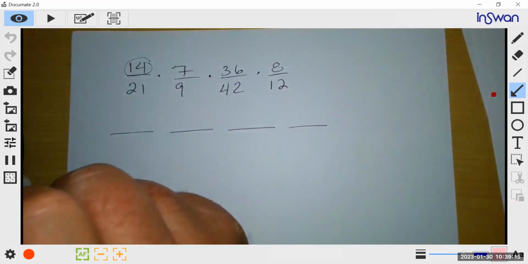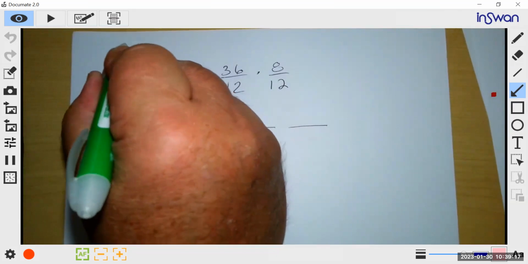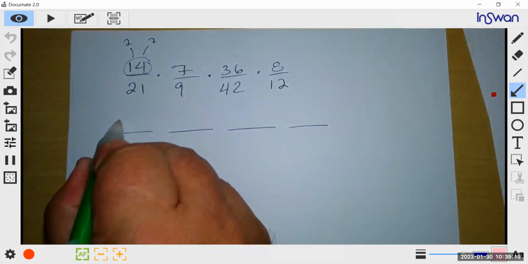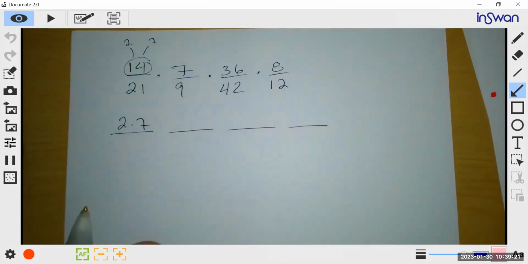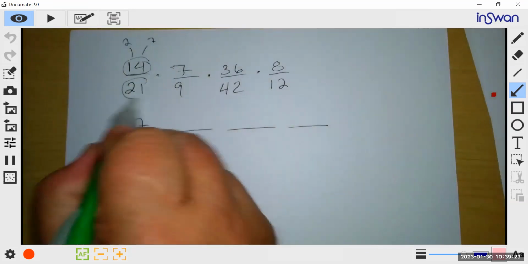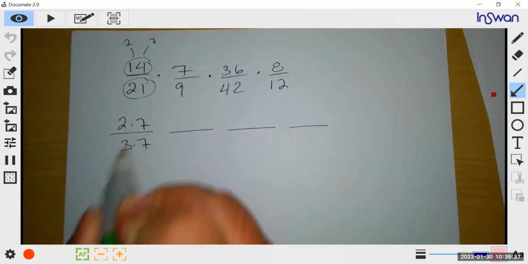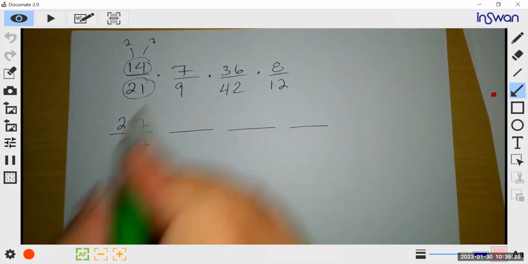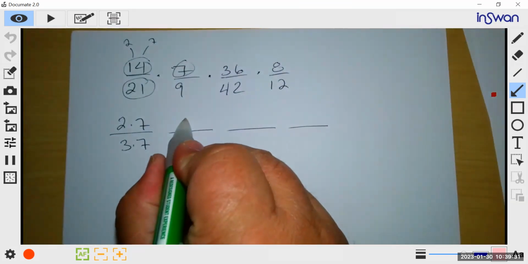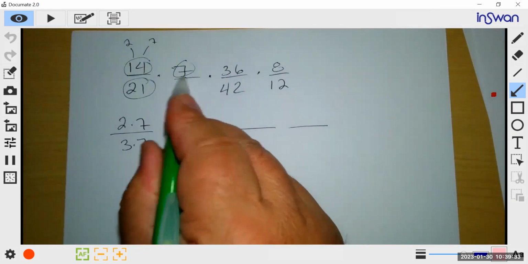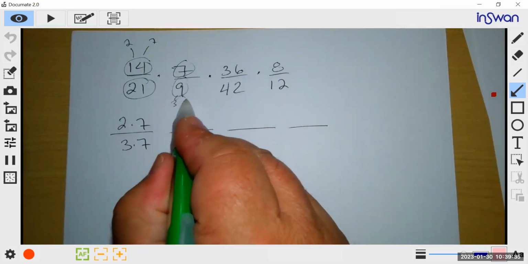What's 14 made up of? 2 times 7. So it's 2 times 7. What's 21 made up of? 3 times 7. 7 is a prime number. 9 is made up of